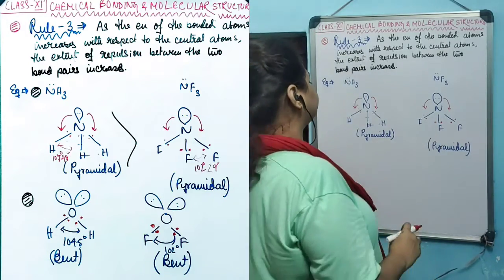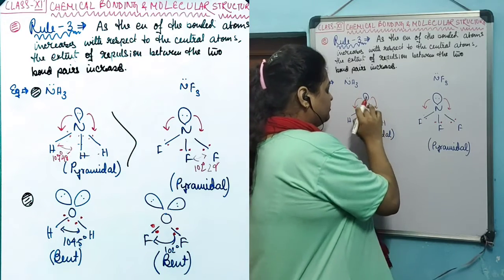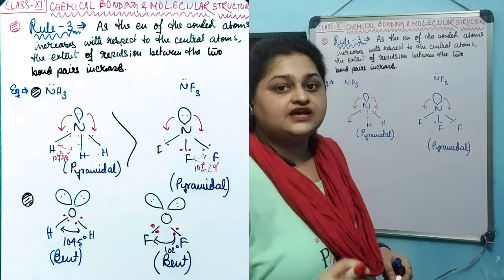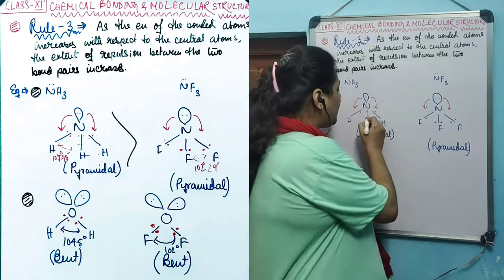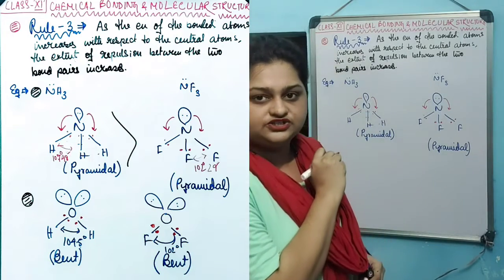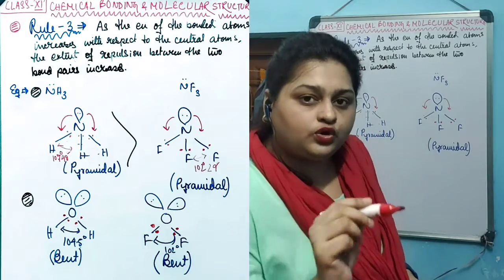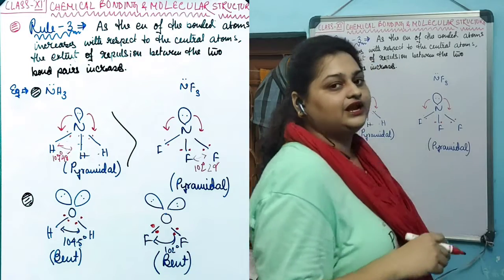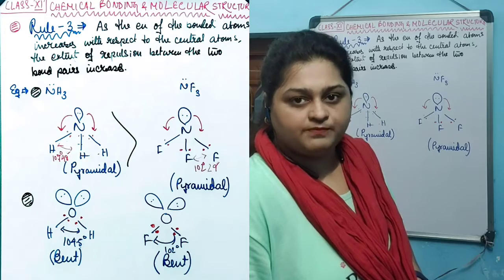What happens in that case is that the lone pair repulsion in this molecule, coming from this lone pair of nitrogen, gets nullified, gets reduced a bit due to the higher amount of bond pair repulsion. But that is not the case for this one. The lone pair repulsion is much more prominent for this one, as the bond pair electron densities are far apart from each other.